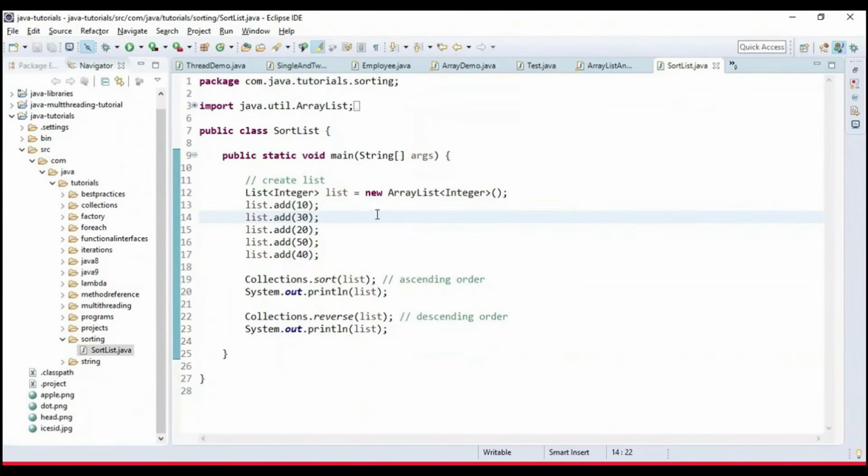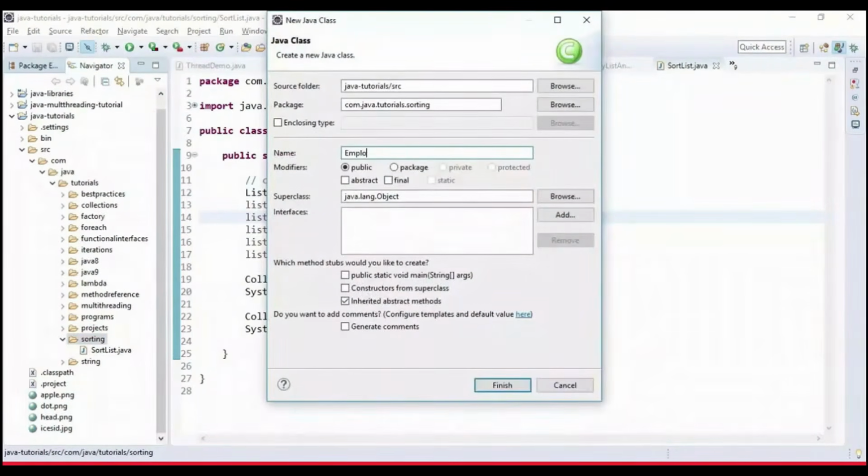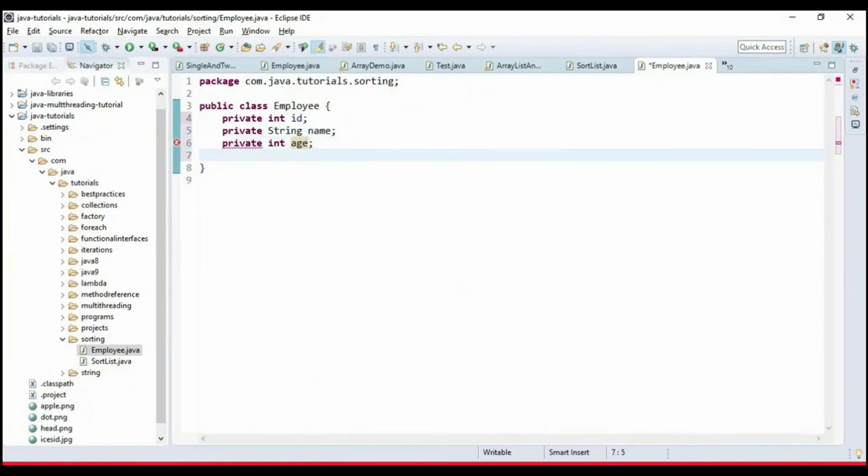All right, let's create an employee class, and we are going to sort employees by their salary. So let's go ahead and create a class, and let's name it Employee, and let's create a few fields: private int id, private String name, private int age, and here just provide a salary, private long salary. Okay,